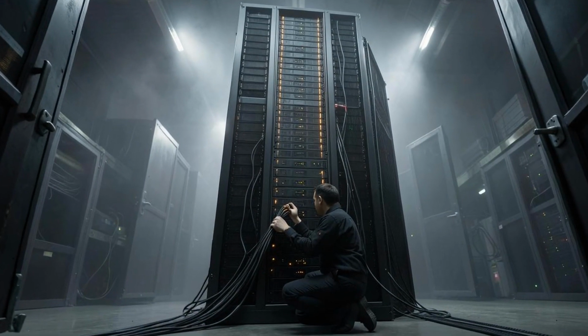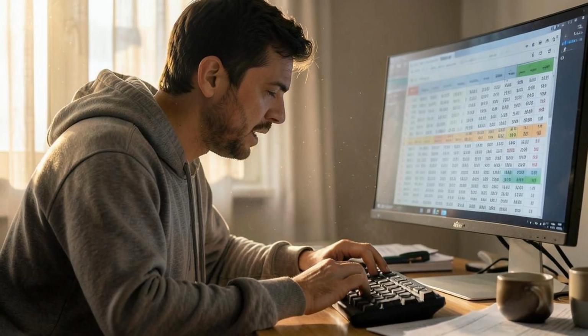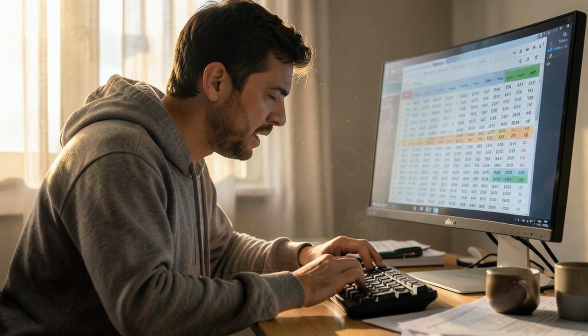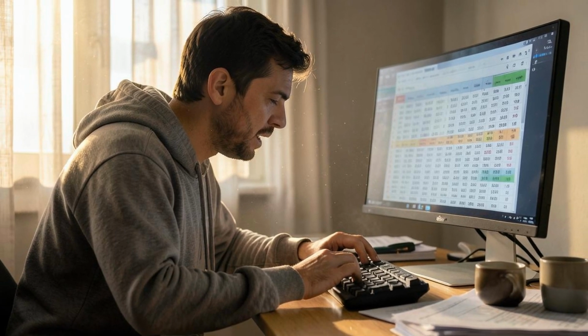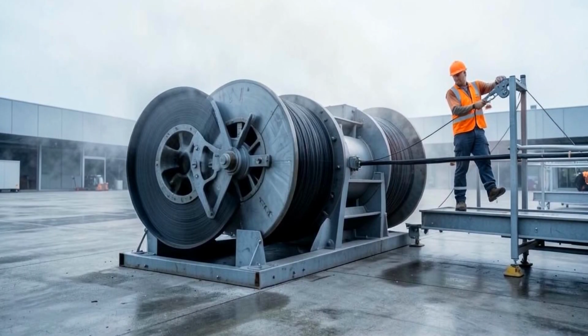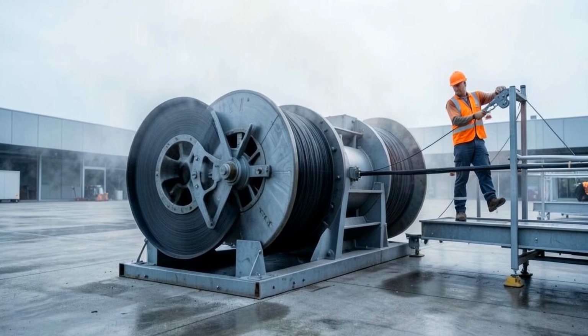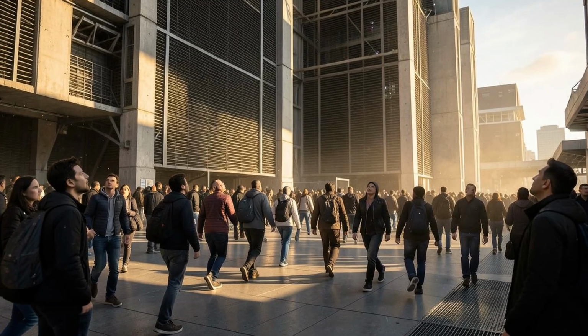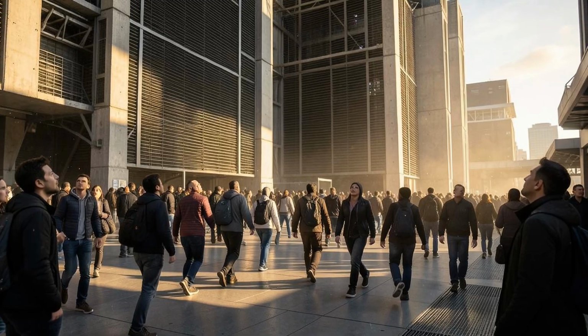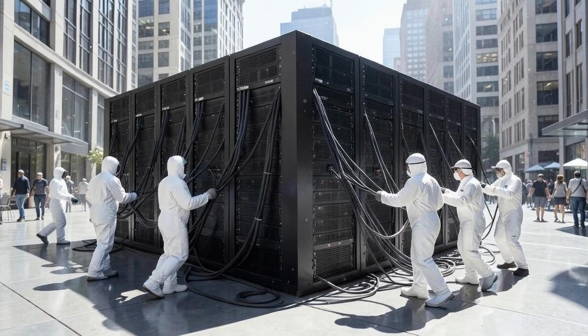For a trillion parameter model, this is a massive amount of data. If that data is sitting in Optane, the system has to traverse that 10 times slower latency path for every single calculation. The result is a severe bottleneck that prevents the rapid parameter streaming required for high token generation rates. You might have the capacity to store the model, but you do not have the speed to run it. The physical constraints of the hardware simply do not allow for the raw throughput needed to sustain 4 tokens per